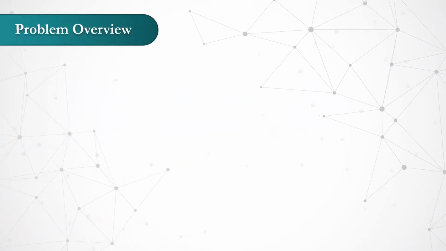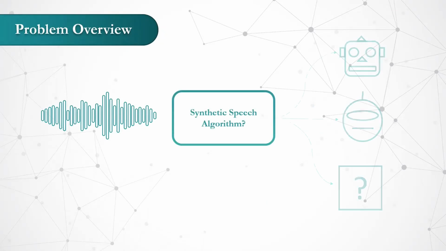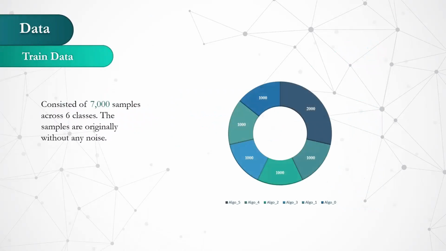Keeping that in mind, this year we are tasked to identify the algorithm that was used to generate the audio. The problem also included the correct identification of audio samples that were generated from an unknown source. For this competition, we are provided with a total of 7,000 samples. Algorithm 0 to 4 had 1,000 samples each. We have marked class 5 as a class of unknown algorithms. There were a total of 2,000 samples for this class. First 1,000 were provided at the start of the competition, and the rest 1,000 were provided with the final test